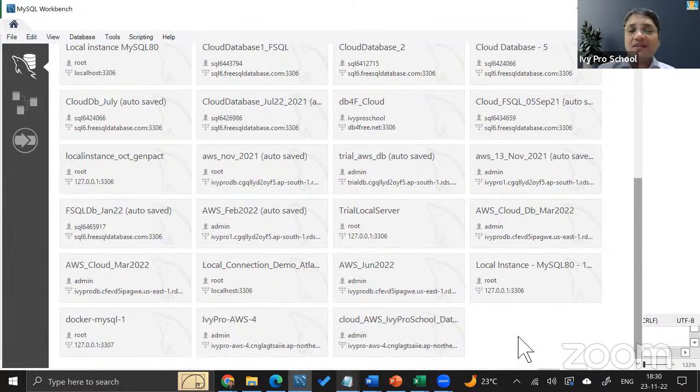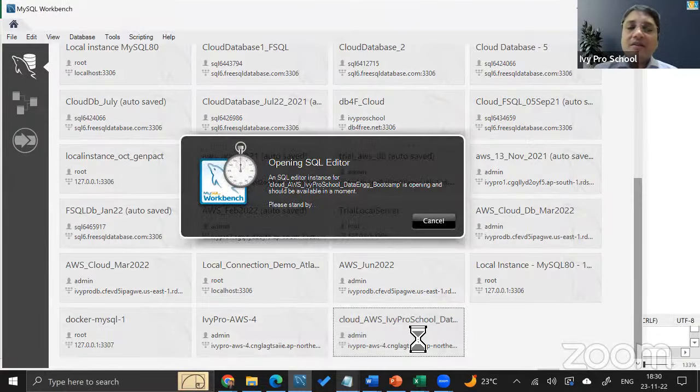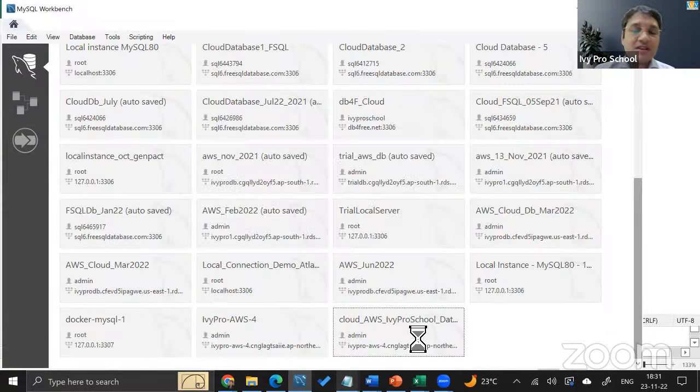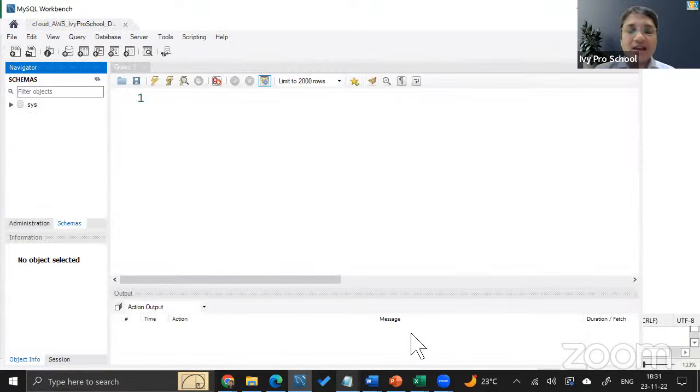The reason it gets created is so that next time when you want to connect to this database server, you do not have to give the login ID, password, and the URL all over again. Just think of it as saving your login credentials on Chrome or any of the internet browsers that we normally use. So now I want to click on this rectangle box that I created, which is the connection file, and it will establish the connection with the cloud database server that we just created access to.